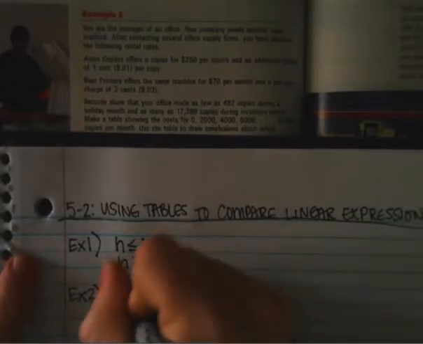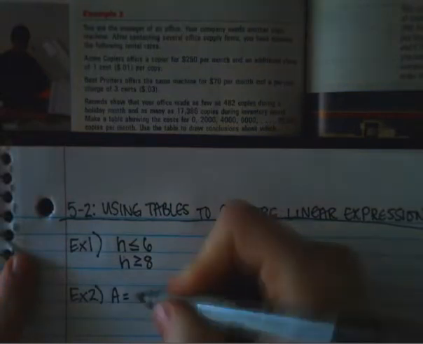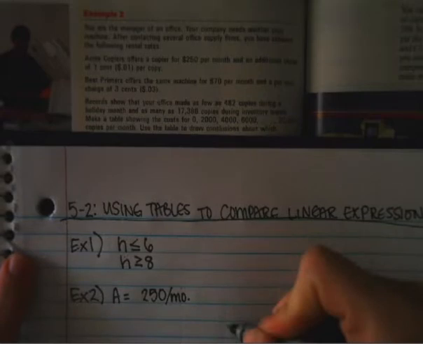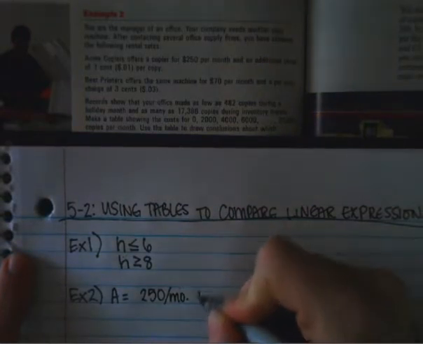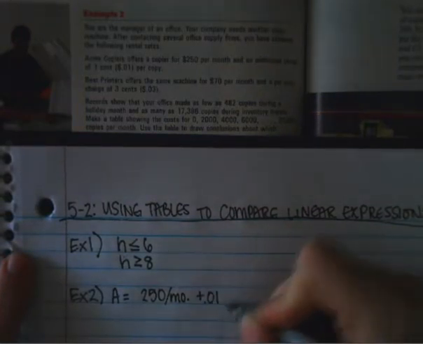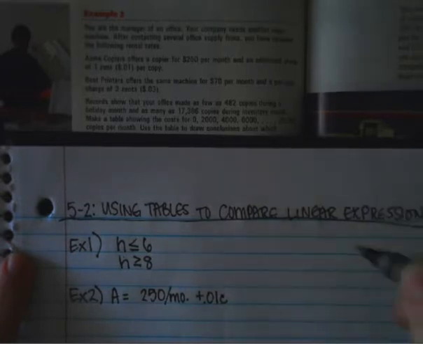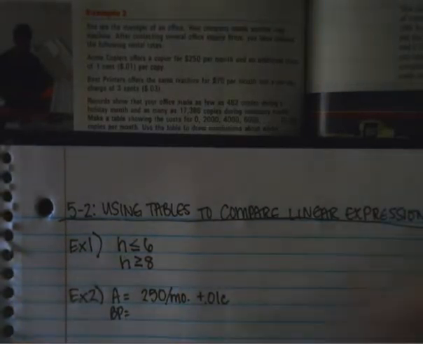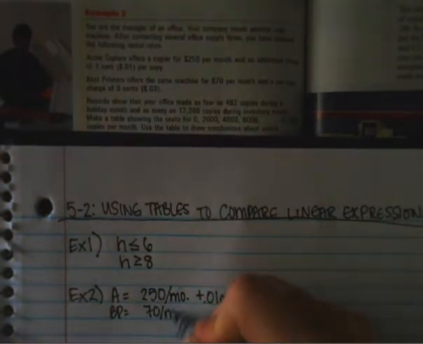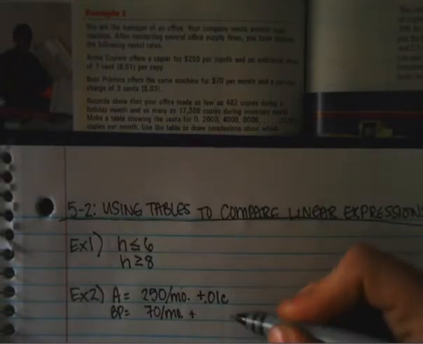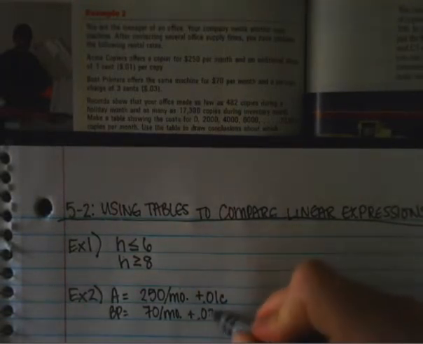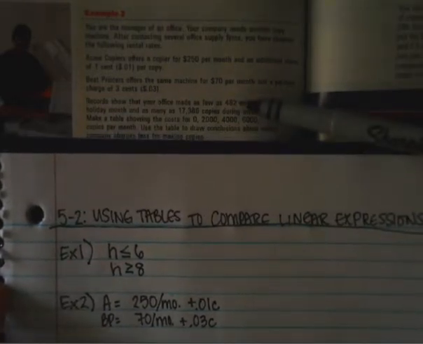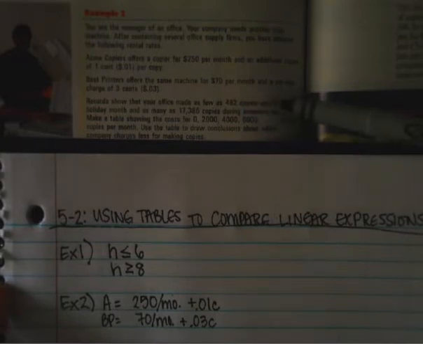Okay, so I'm just going to write that. Acme is $2.50 per month and 1 cent per copy. Okay, and then Best Printers, same machine, but only $70 a month with an additional 3 cents a copy. Okay, records show that your office made as few as 482 copies during a holiday month